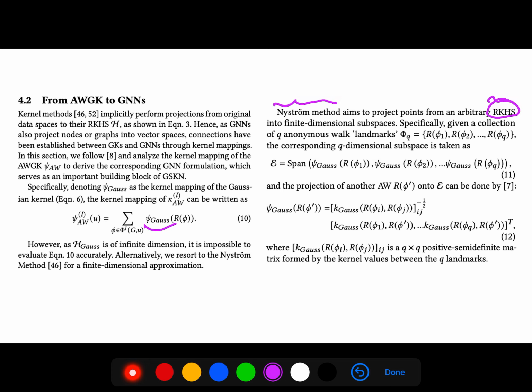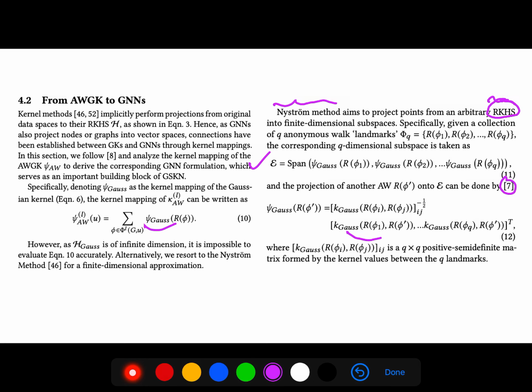So given a collection of Q anonymous walk landmarks, the corresponding Q-dimensional subspace is just the span of these Gaussians. And the projection of another anonymous walk onto it can be done like in this reference.